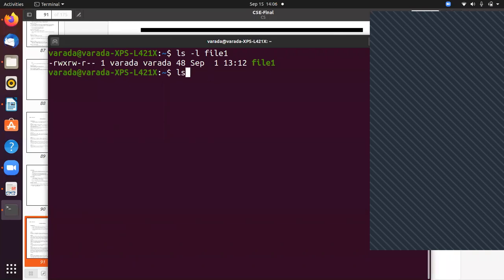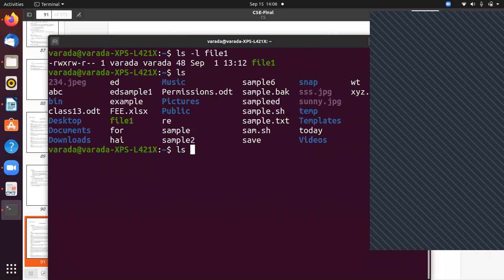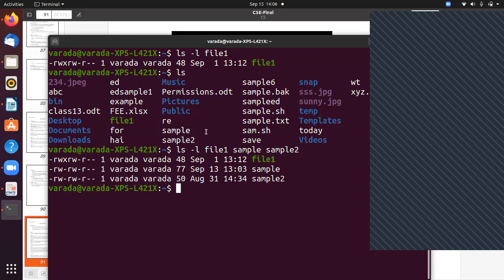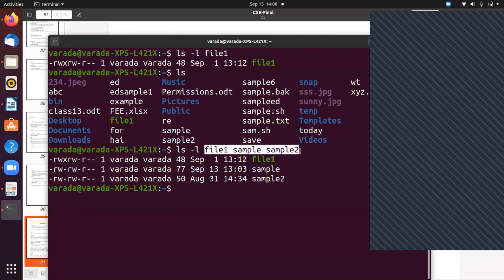If I give it like this, ls hyphen l file1 sample2, in this case file1 and sample2, these are the arguments to the command ls.